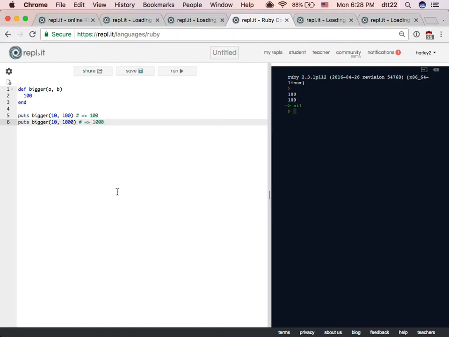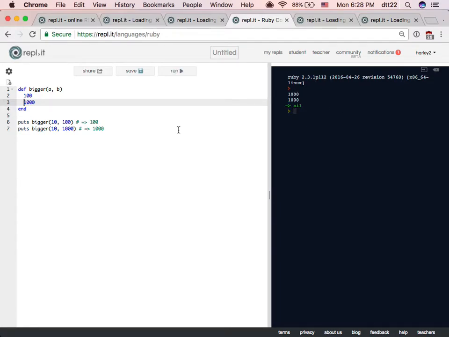How do I fix it? Remember the last number? If I put 1,000 here, what happened? It will run 100 and then it forgets, and then it will see 1,000 and it remembers because it's the last line. So it's the same as saying this return, okay? So last line. So you see 1,000, 1,000.